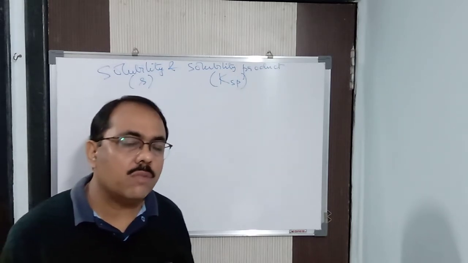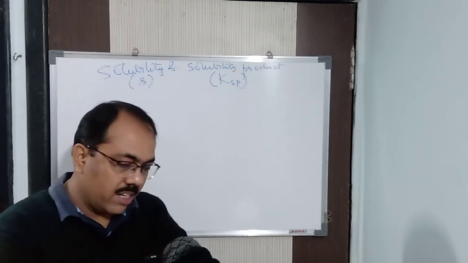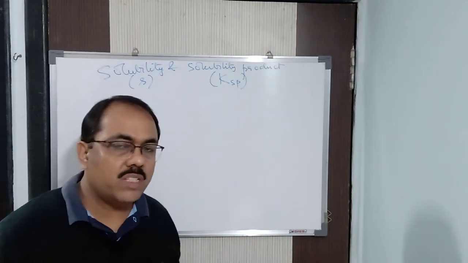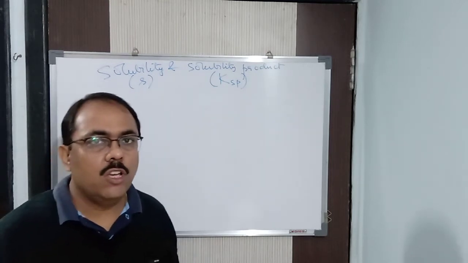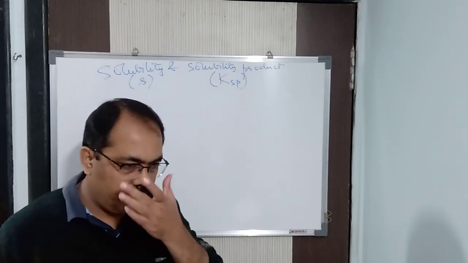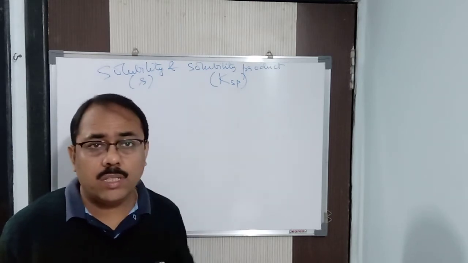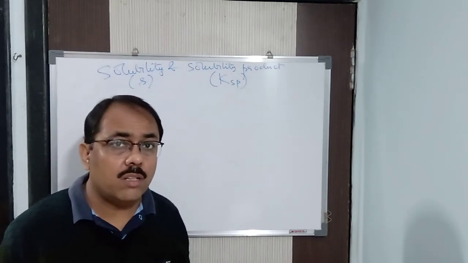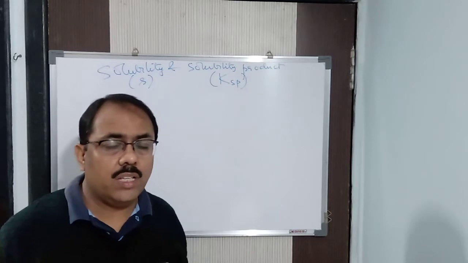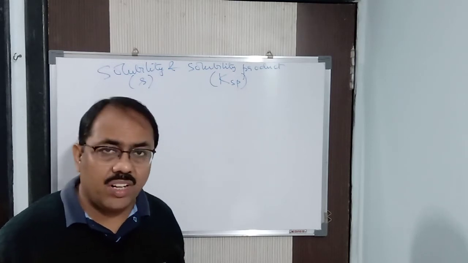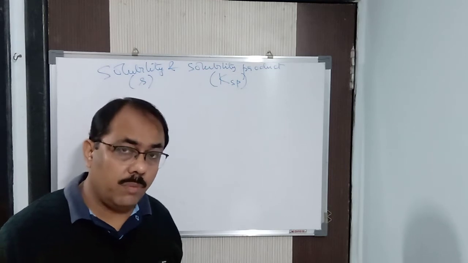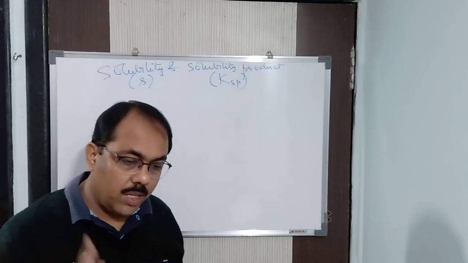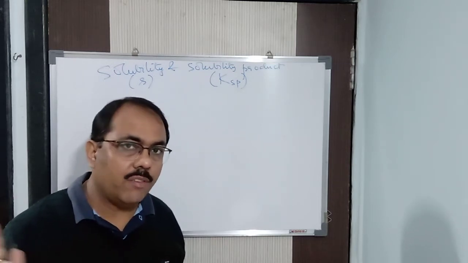Now solubility product is what? Solubility product of an electrolyte at a specified temperature. Here temperature is a very important factor for measuring solubility, because there are certain salts whose solubility increases with increase in temperature, certain salts whose solubility decreases with increase in temperature, and certain salts whose solubility remains the same, meaning it does not change whether the temperature is increasing or decreasing. So hence temperature has to be mentioned here, because temperature plays an effective role in the solubility of a particular substance.